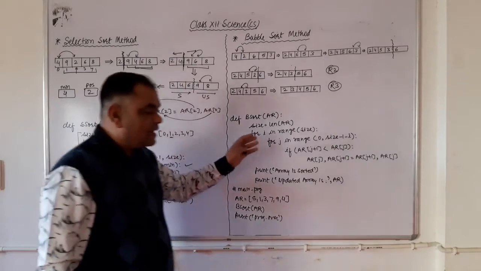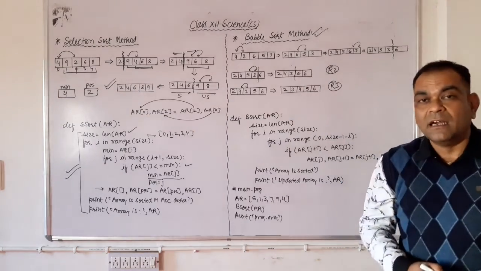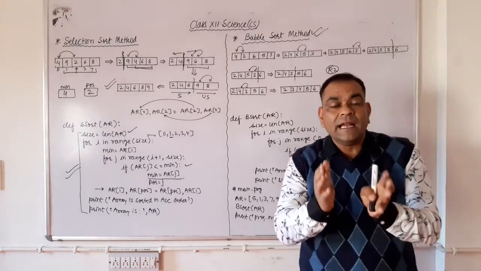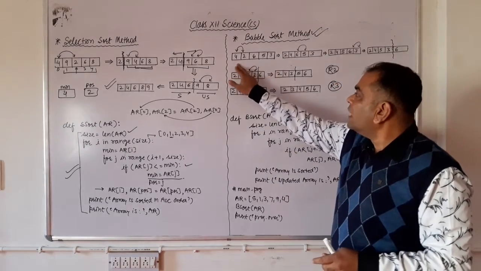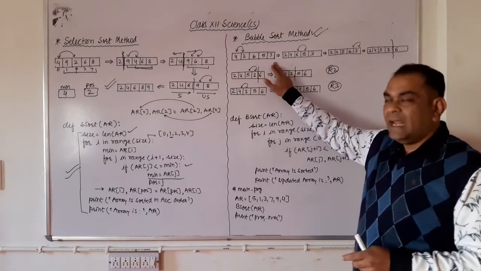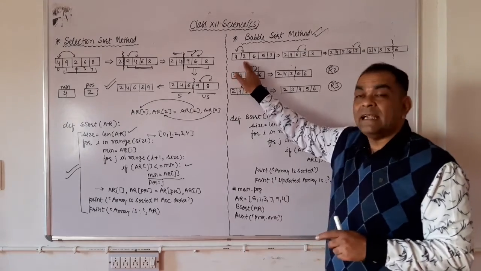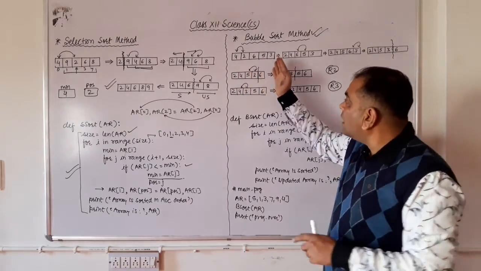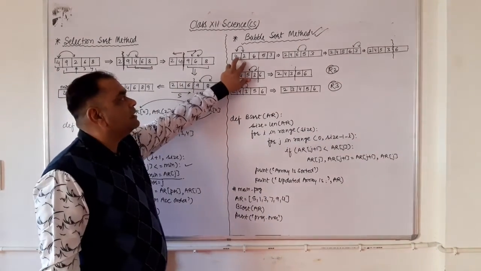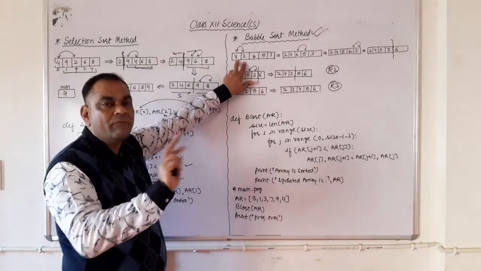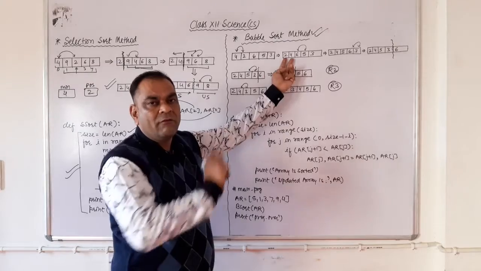Now we are here in the second part of the code. This is known as the bubble sort method. The bubble sort method works on corresponding two elements of the array. Means here just see, if the array is 4, 2, 6, 5, 3, right? It will scan consecutive two elements, and if the forward element is smaller than the first element, then these two elements are going to swap with each other. Just see, 2, 4 swapped with 2 and 4.